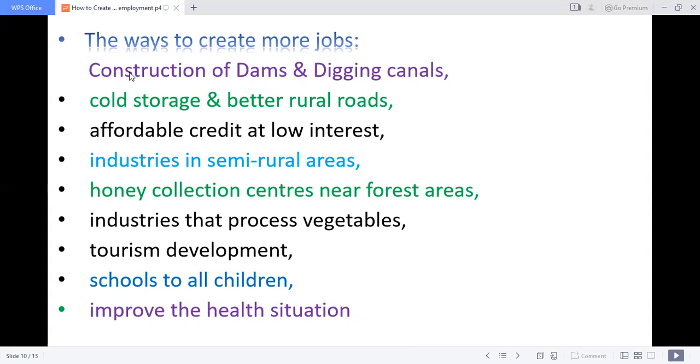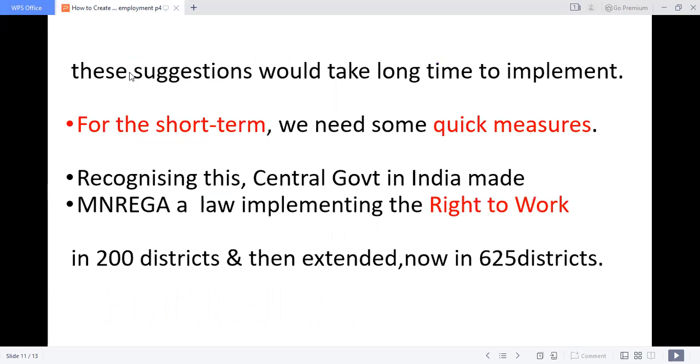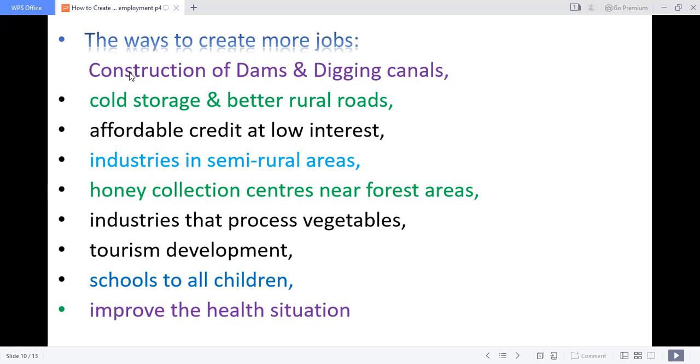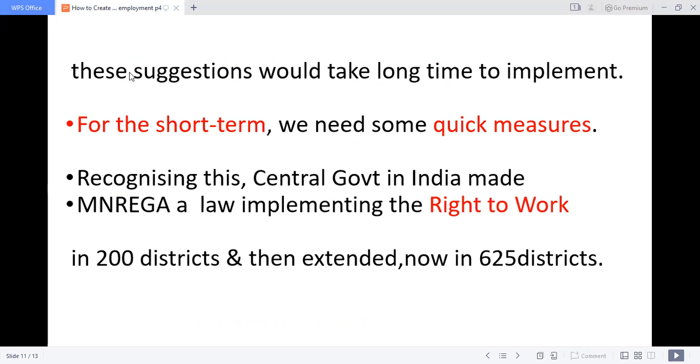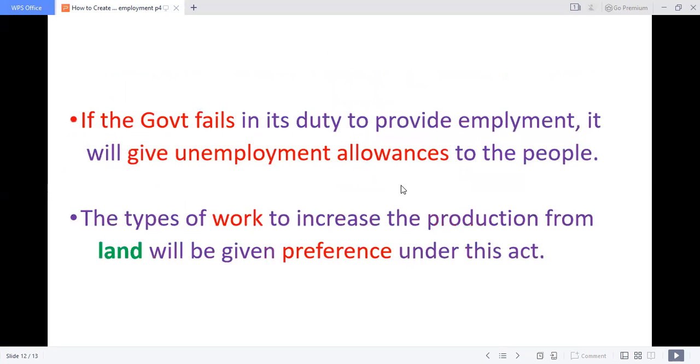Immediately, people need work because they are sitting idle. What can be done for seasonal work in rural areas? In the primary sector, a large number of people are engaged. These are the suggestions, but they will take a long time. For the short term, what can be done? We need some quick measures to save the people. Recognizing this, the central government